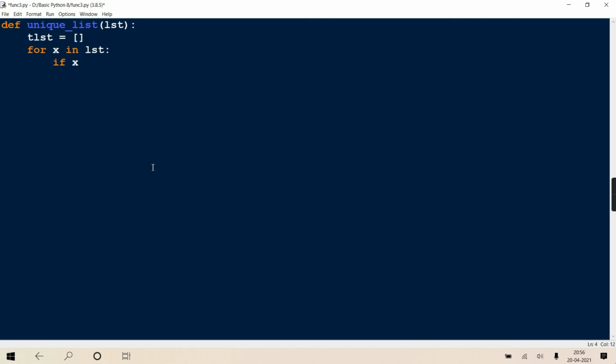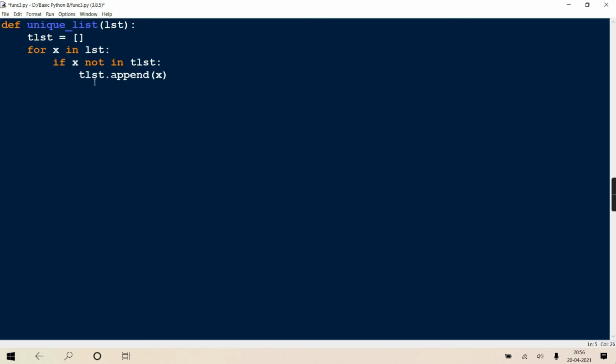So if x not in TLST, x is one by one value from LST, but I'm checking whether it is not in TLST. If it is not in TLST, add it. So how to add it? TLST dot append x.